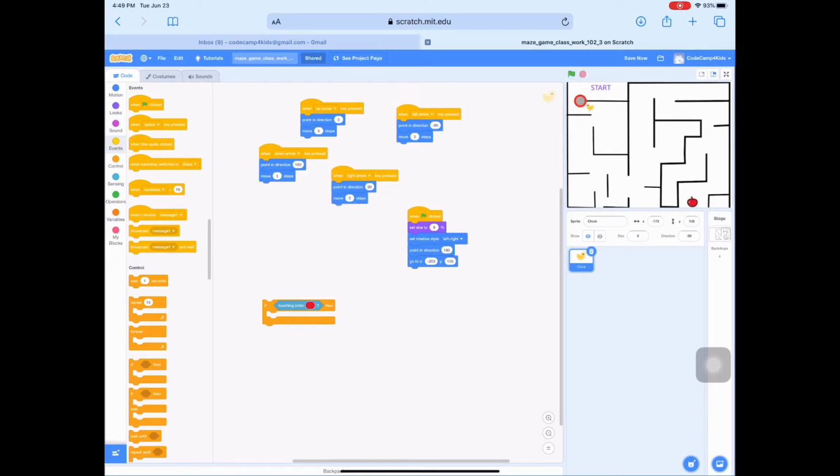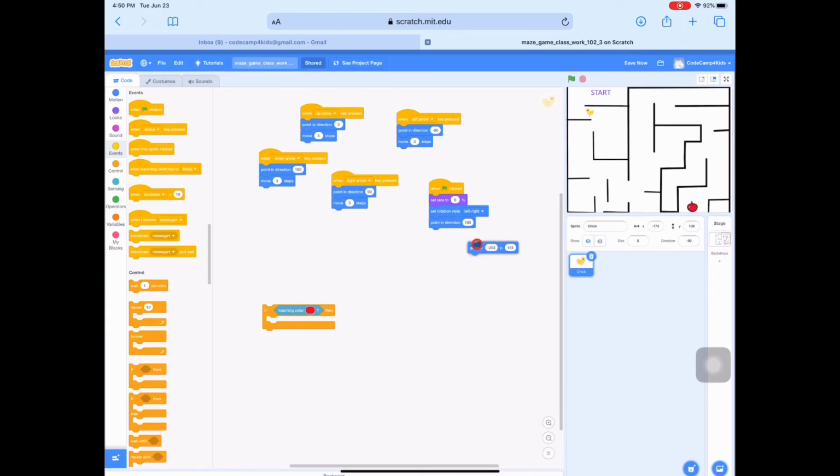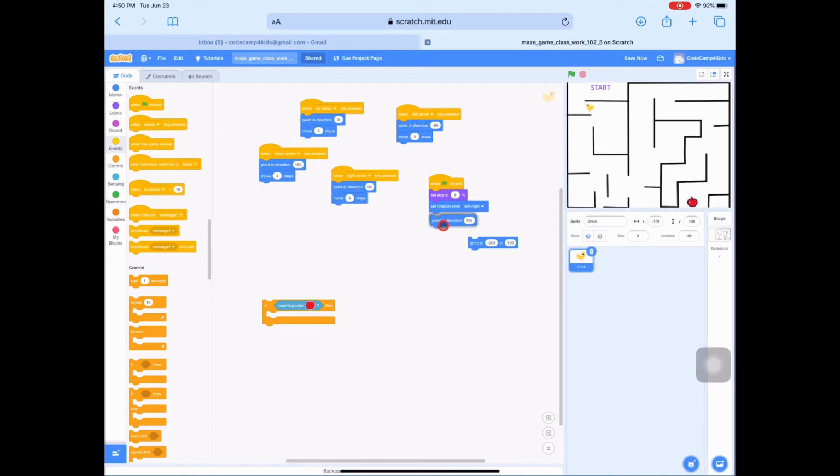down, right? Okay, now when the flag clicked, we need to put some setups or the configuration. These things are very important. First thing is set size. If your chick is larger, you can set the size to a reduced value so that it looks perfect on your stage. Then the rotation style is left and right because you don't want your chick to go upside down. And then point in direction,